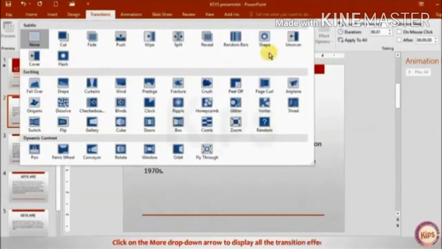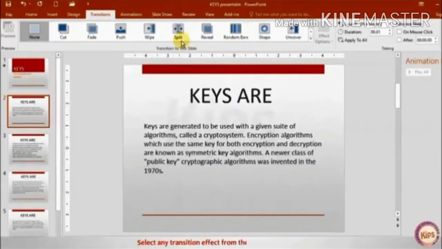Click on the more drop down arrow to display all the transition effects. One by one, you can select any transition effect from the displayed choices.